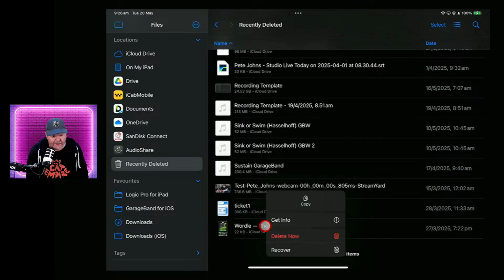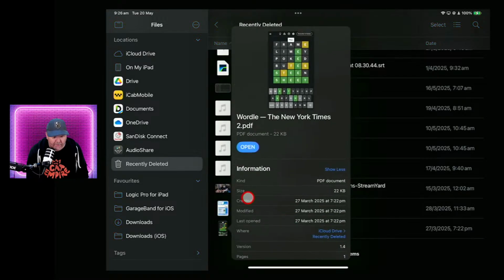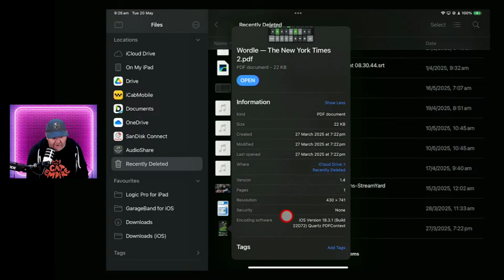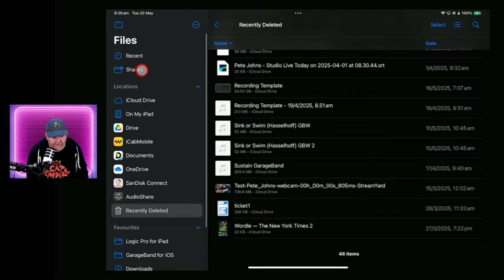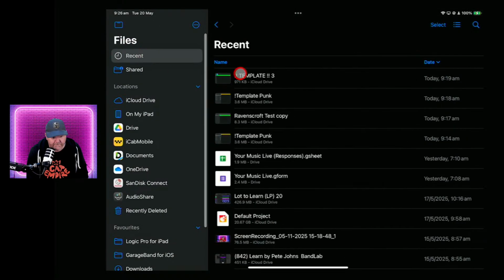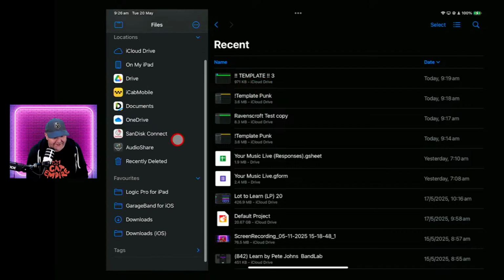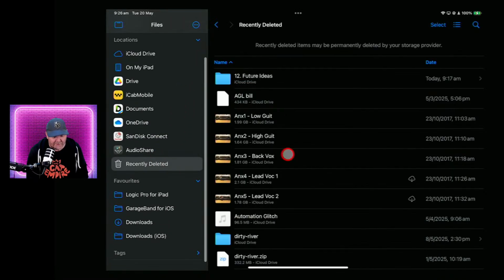If you don't know whence it came, you can get info, and it will actually show you where it currently is. And does it? I thought it showed you where it came from originally. Maybe not. But yeah, I think it will put it in your recent once you've done this. I don't use this super often. No, it doesn't. Well, that's useful. I guess you then have to search for it to find it.